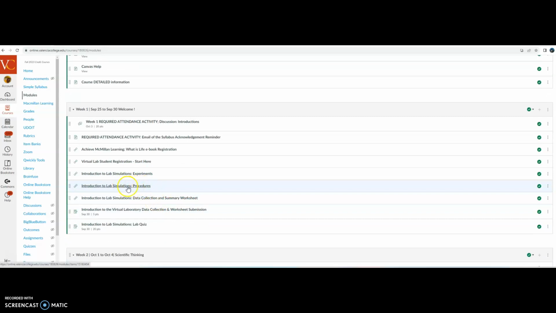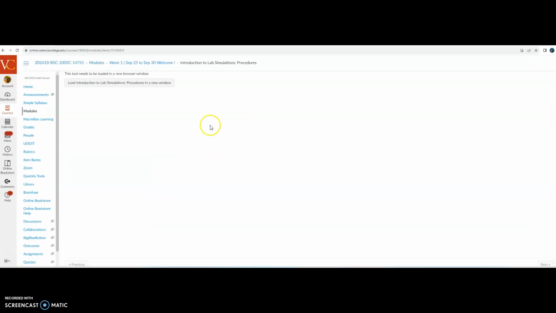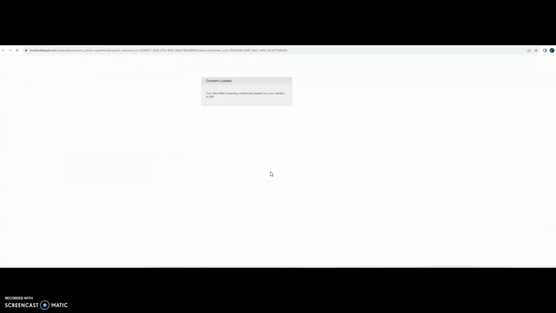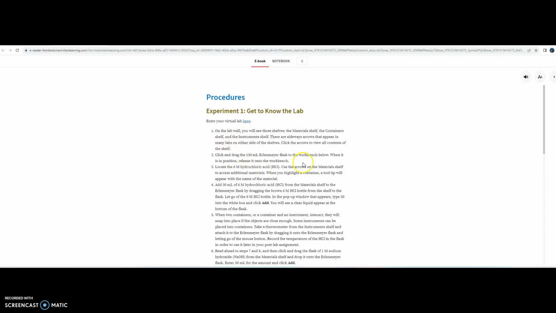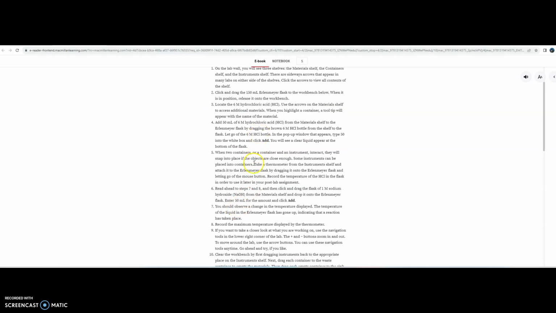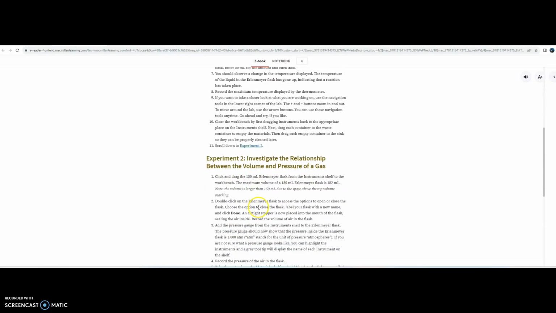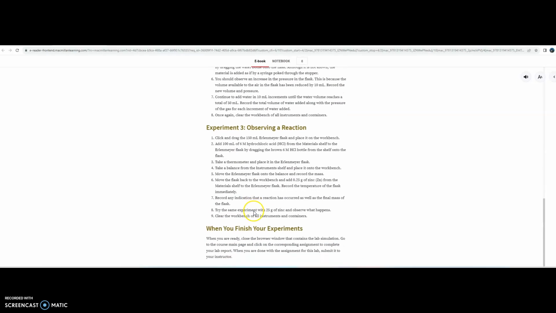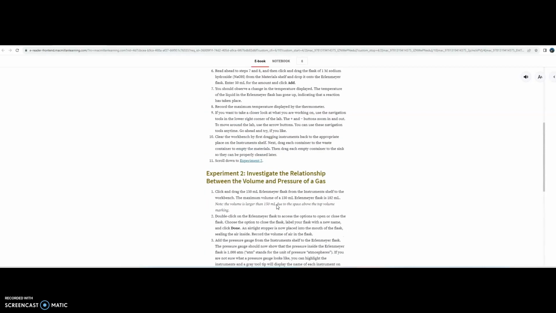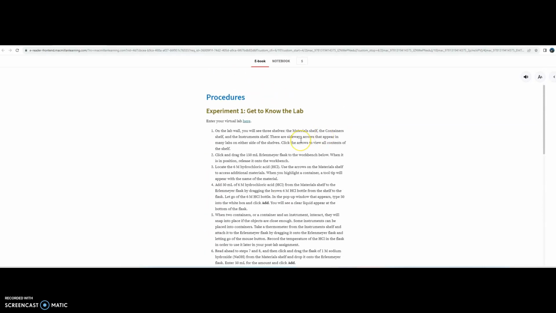This is where you get the link to actually do the lab that you are supposed to do. It gives you more information about all the steps. These are the steps for the lab. This is what you're going to be doing to complete the lab. There are actually 3 experiments for this initial lab. It's for you to get to know how to complete these labs. But to enter the actual lab, to do the actual lab procedure, there is the link here. It says enter your virtual lab here. You click that,